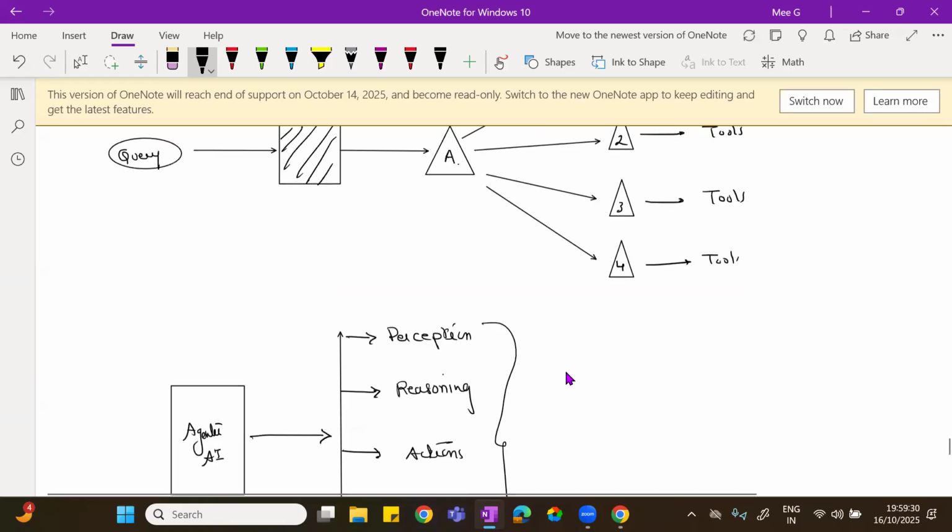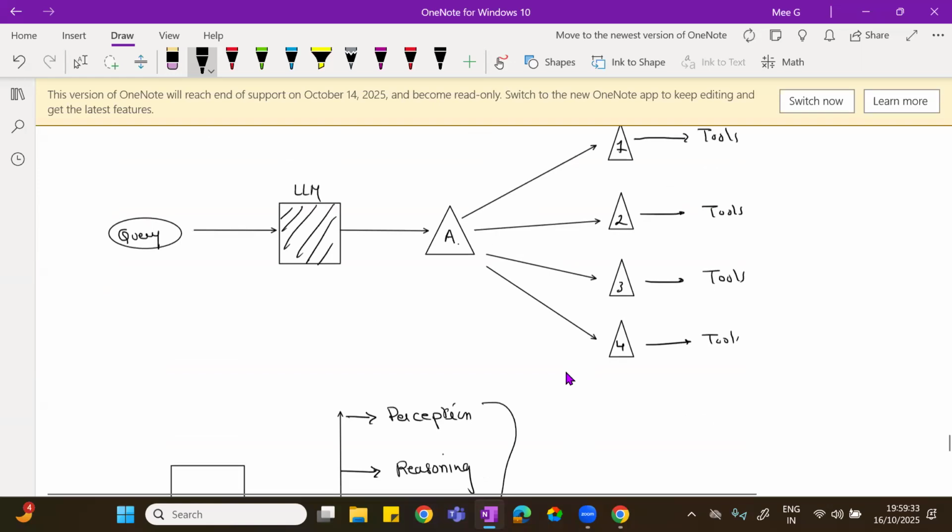That means if you are giving a particular task, like find the destination, find the flight tickets, and find the holiday destinations, places to visit, and expenses on a daily basis.